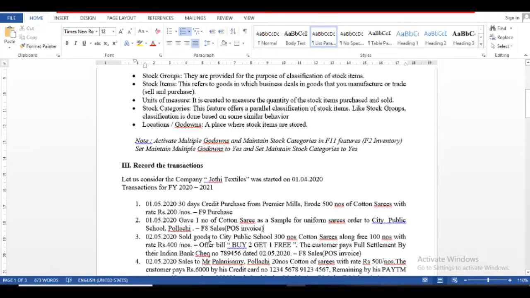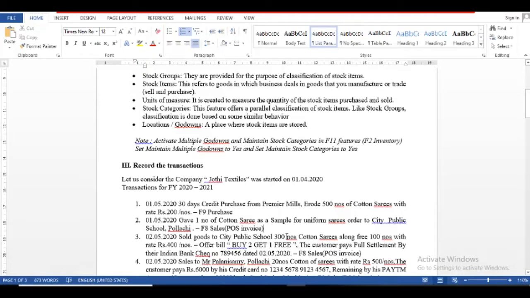On 2/5/2020, sold goods to City Public School, 300 numbers. So the uniform sarees are confirmed. We sold to City Public School 300 numbers of cotton sarees, along with 100 numbers free, at the rate of 400 rupees. The offer is buy two get one free.